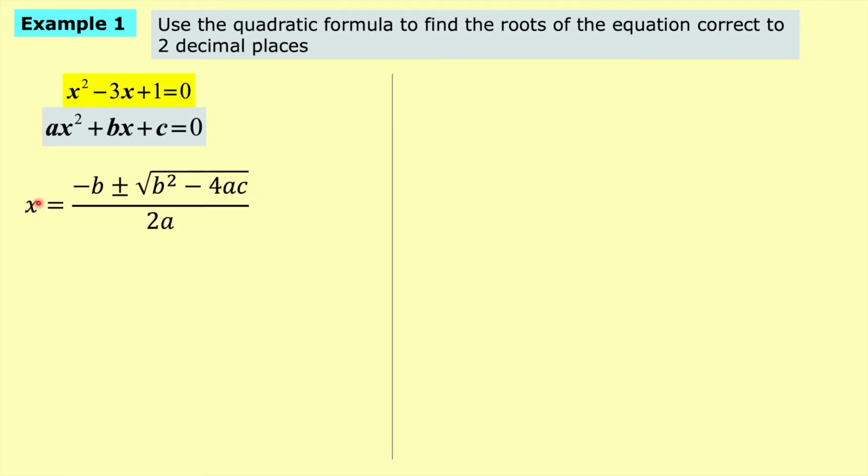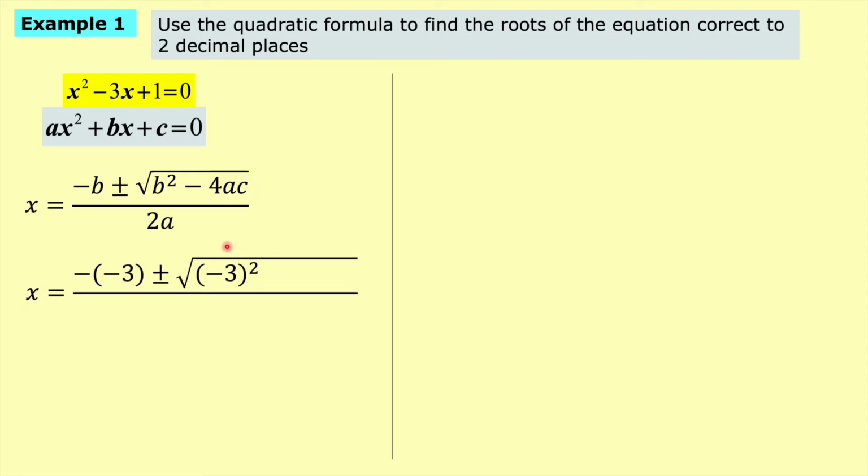Okay, so for b is equal to -3, we need to be careful with our negatives. So b is equal to -3. And then underneath we've got plus and minus, and underneath our square root, we have b squared, so that's -3